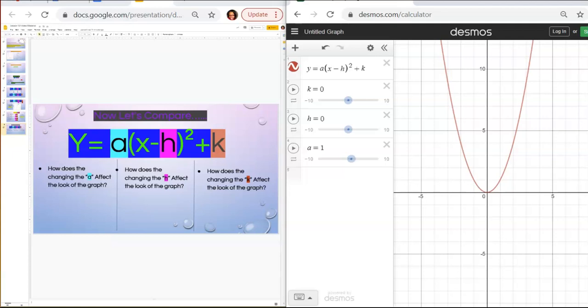We kind of know what the H and K do to the quadratic equation, but now we want to look for some movement. How do they affect the graph if I were to graph this in Desmos or in my graphing calculator? So right now, as you can see, I have a graph in vertex form plotted in Desmos, and we want to look at the effect of A, H, and K on this graph, okay? And then we're going to make some note of it. All right, so first,